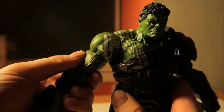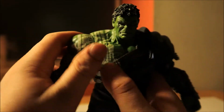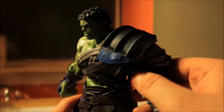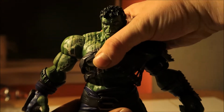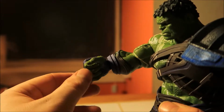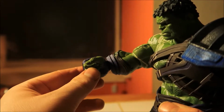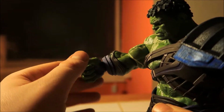He also has arm swivel, which is awesome. I'm glad they didn't take that away from the Age of Ultron Hulk. Same on the other side. He can also, not really, but slightly pivot in the ab section. The other thing that I love that they've done by upgrading the Hulk figure, because obviously they wanted to do something different, is that